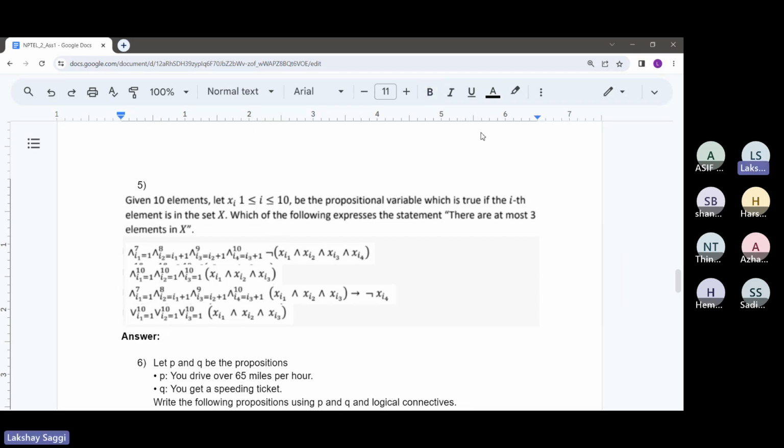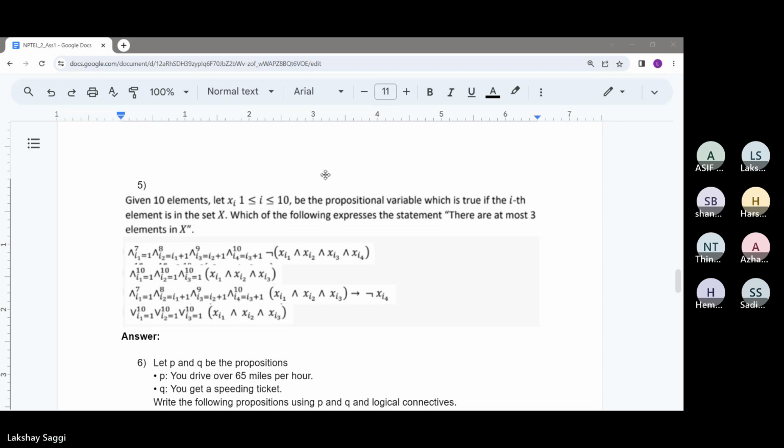the options are written in a bit messy way here, but you guys will be able to understand, I think. So the fifth question is saying, let's say we are given 10 elements, and the xi are propositional variables. So x1 up to x10 are 10 Boolean variables, which are true if the ith element is in the set X. So which of the following expresses the statement there are at most 3 elements in